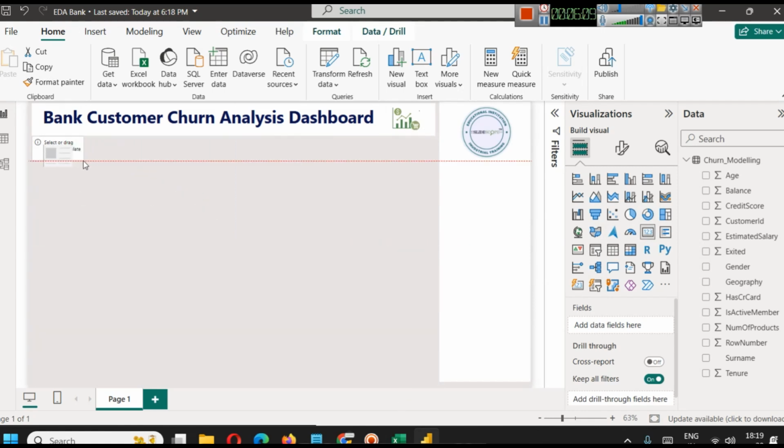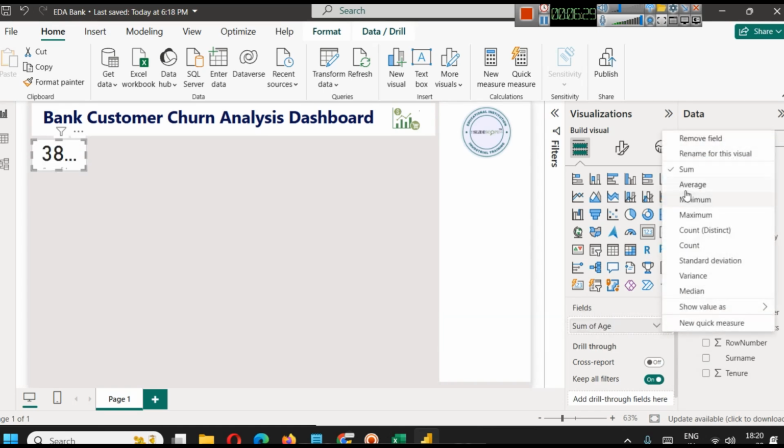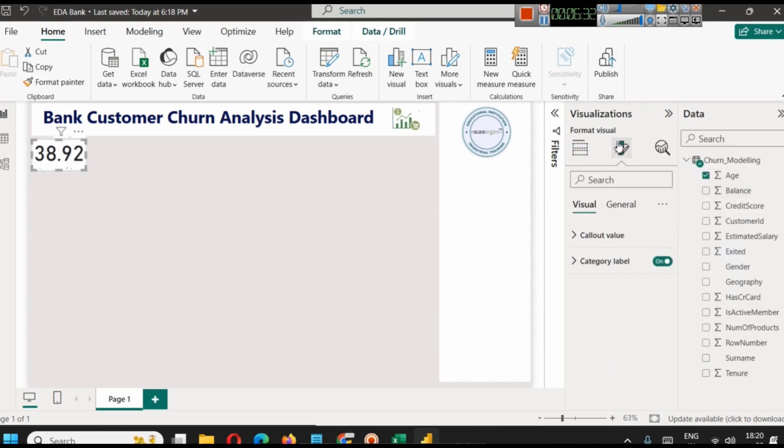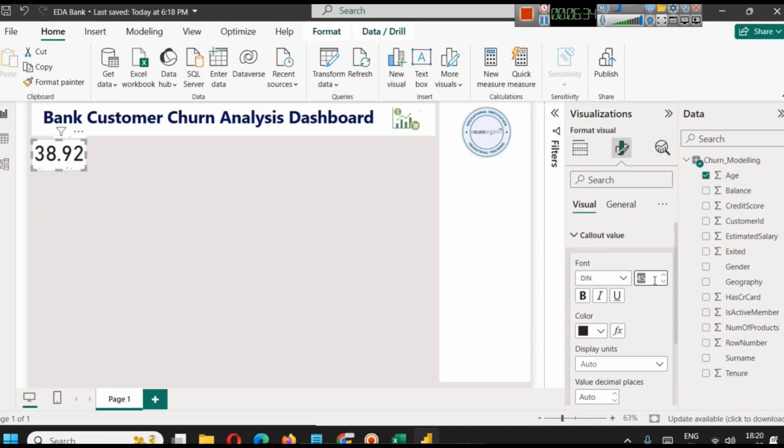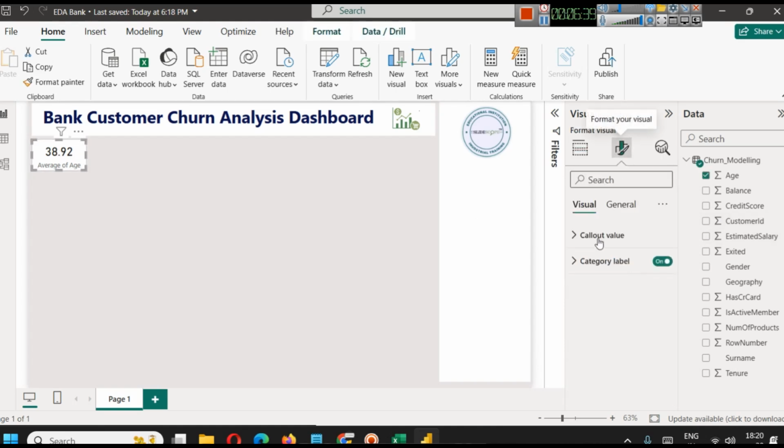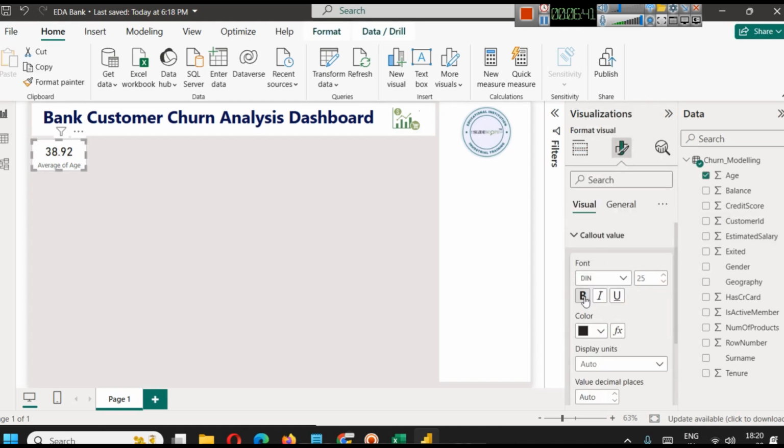First we will create a simple card visual, because we have to put 6 or 7 different card visuals here, so we will simply create smaller cards. Here on the first page, first we will bring Age. Let's start from the beginning. What is the average age of customers? Here it is given as 38.92, and in Callout value we will use only 25 as the callout value. One thing that we will do is make it bold,